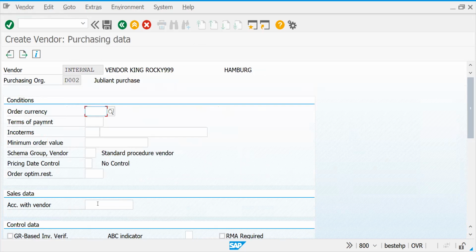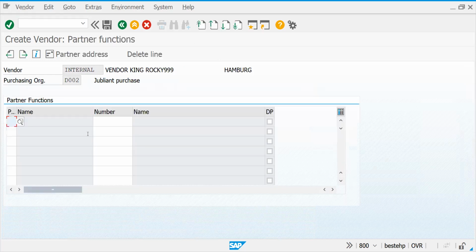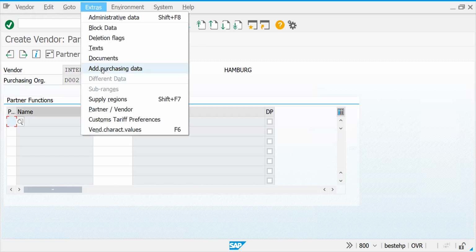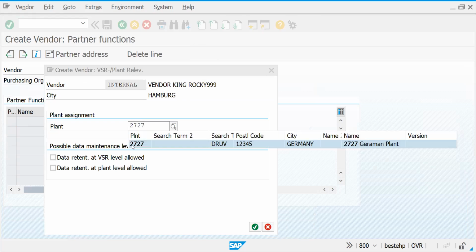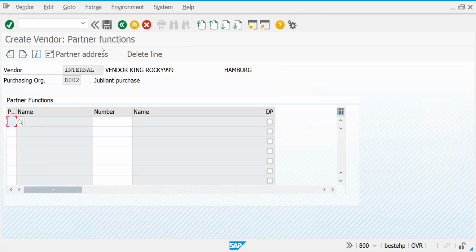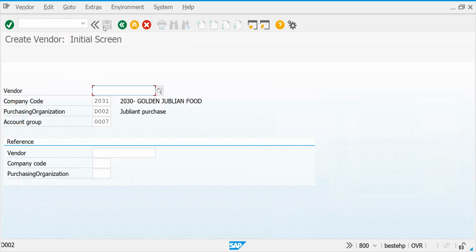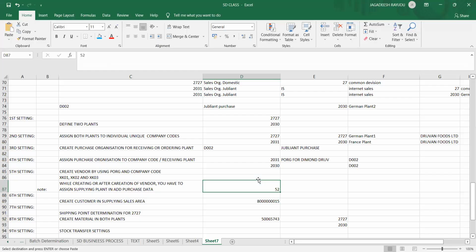I'm just filling the mandatory fields, just a master data. If you want, you can fill it to speed up the process. So let's go to add purchase data. Okay, let's save this. So vendor is 53. Let's leave the 52. It got created in the wrong